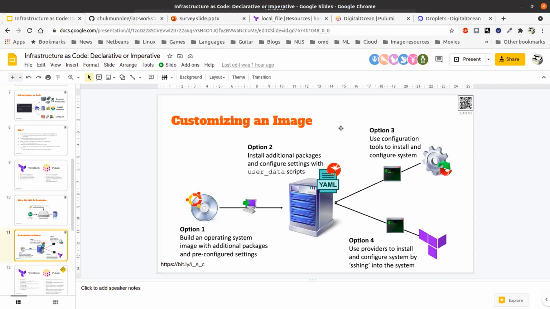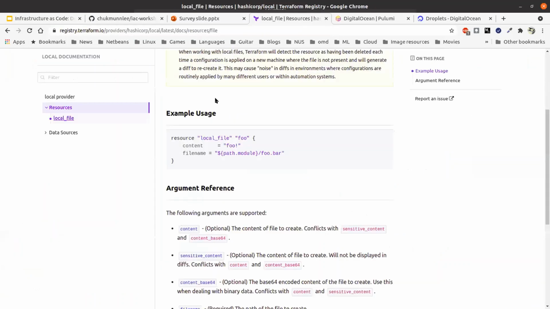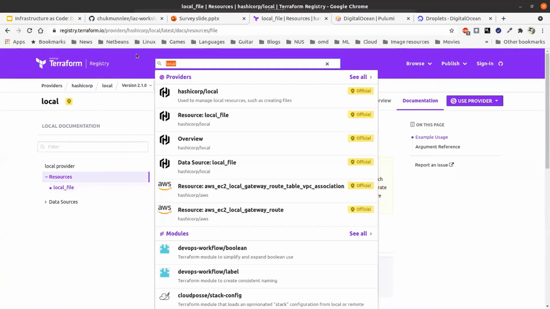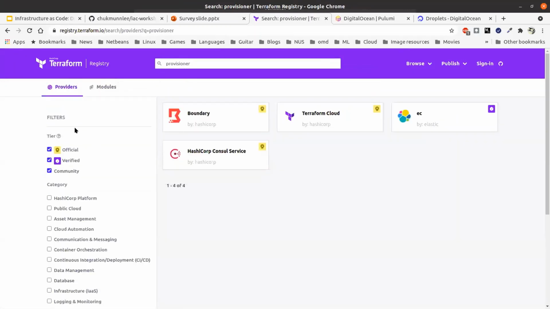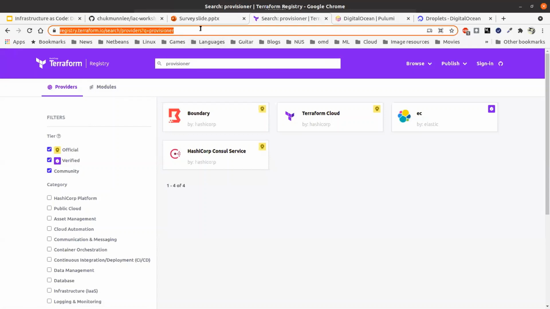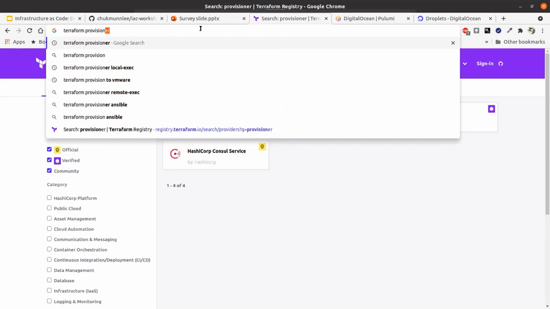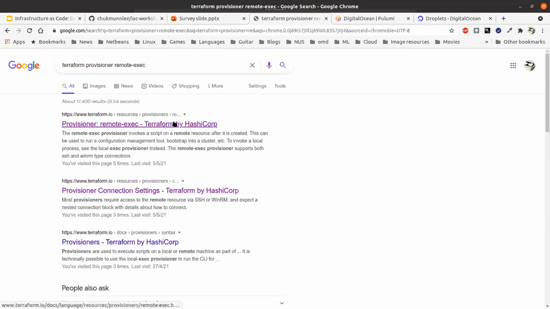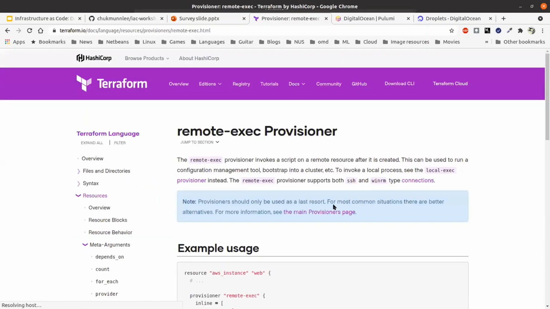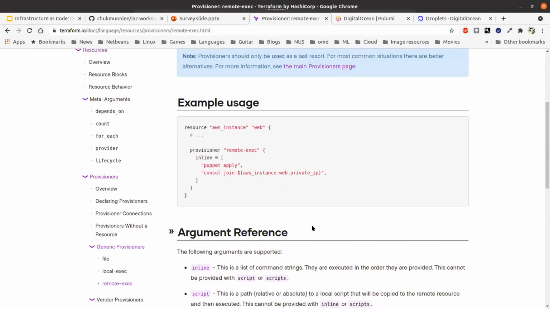Okay, so what I'm going to do is this. Sometimes it's just a very easy way to do it. So in this demo, I'm going to use that provisioner way. So the way you work with provisioner is this. We will look for provisioner. Okay. So let's look for, hang on, let's look for. The one that we want is called remote exec.